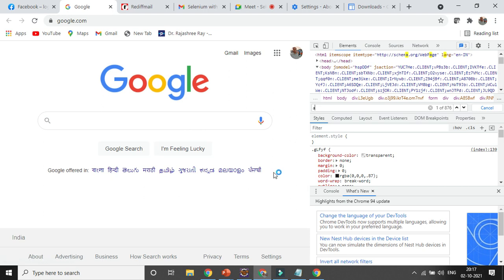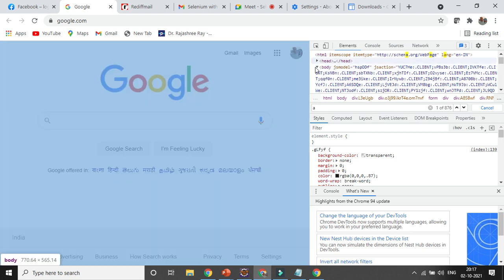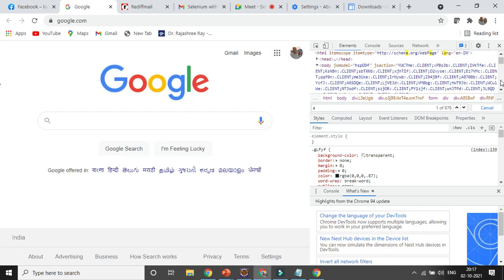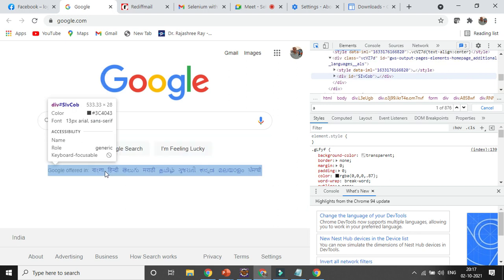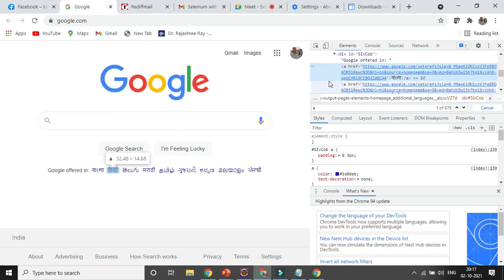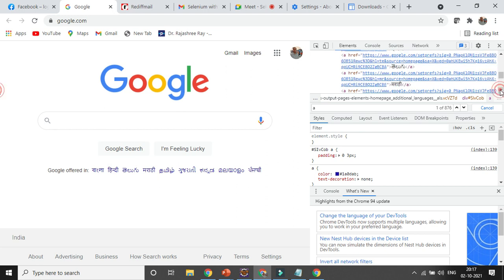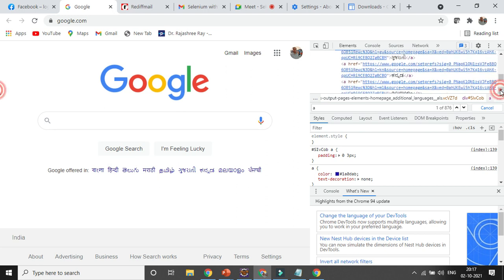So that is the tag name. You can see the tag name, what the tag is. Similarly, A will be the tag for a link. If you select any link and go to it, you can see the tag name is A, meaning anchor link. All will be links. This text is Bangla, text is Hindi, text is Marathi, text is English, Urdu. All this text will be there, but anchor is A.